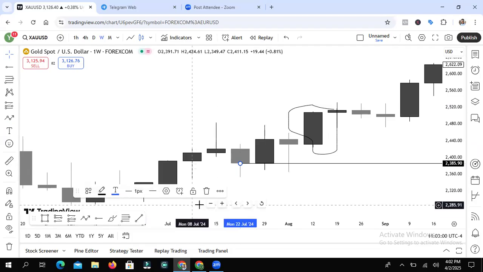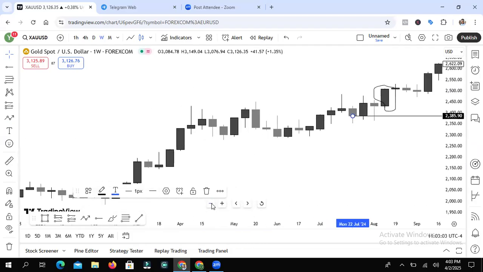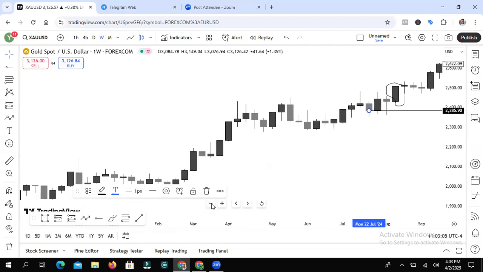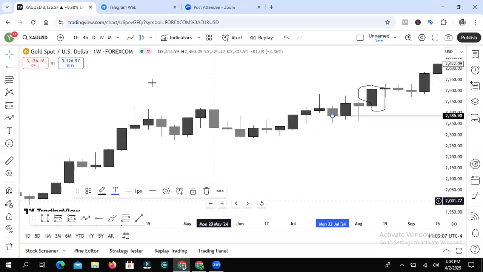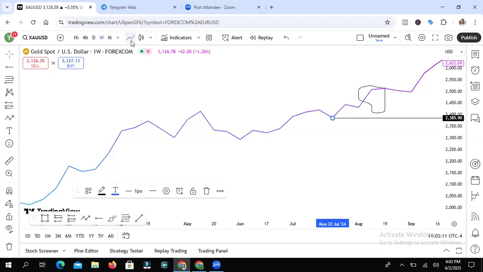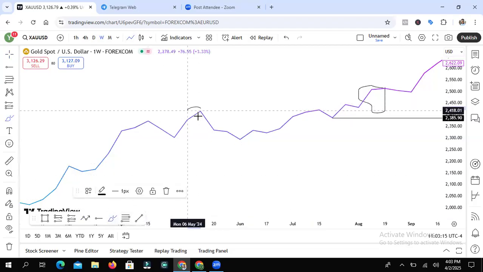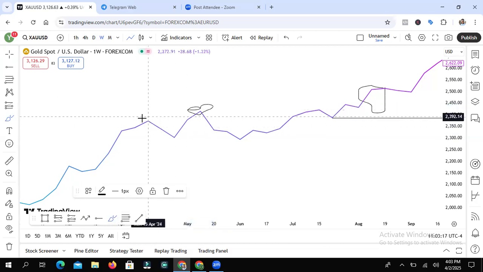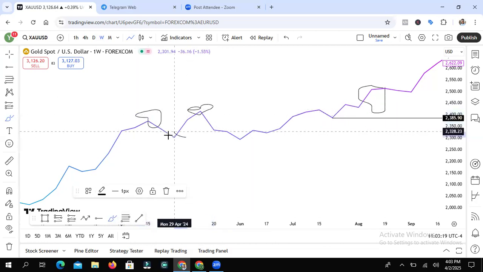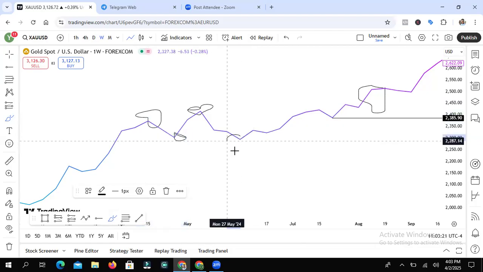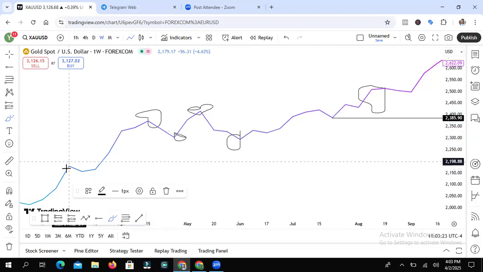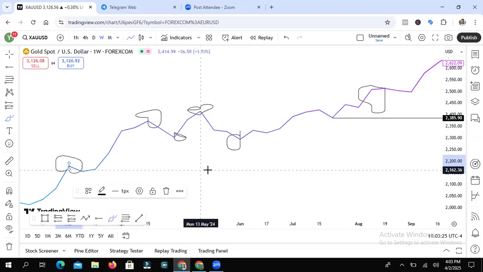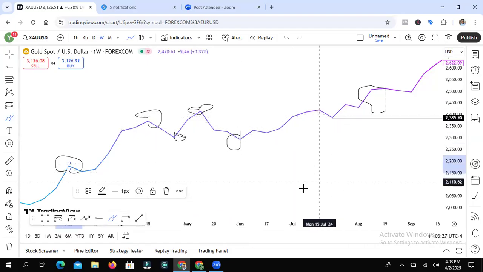If it takes time for you to spot it with your bare eyes, I've been doing this for a long time, so I don't need the line chart. But if you don't know, you can always turn on the line chart. The moment you turn it on, you will see it. This is an A-shaped key level right here. This is a V-shaped key level right here. This is another V-shaped key level, and this is an A-shaped key level. So it is all on the chart.